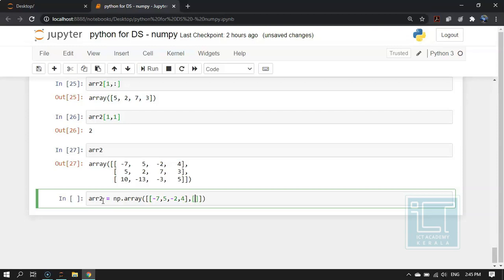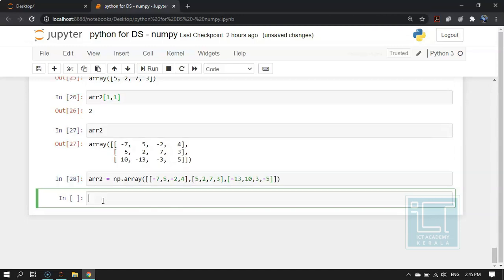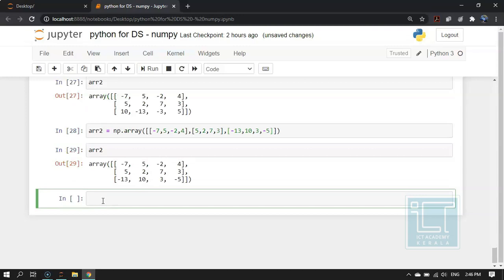Now I'm going to make one more list, and again one more list with some more negative values. If I execute this, you can see the array is created.